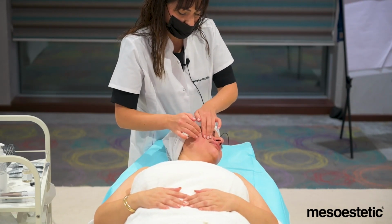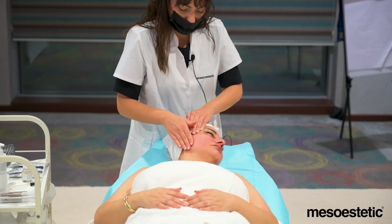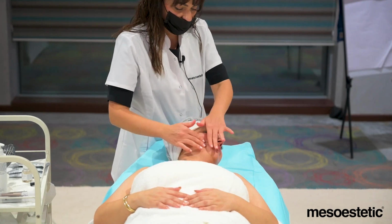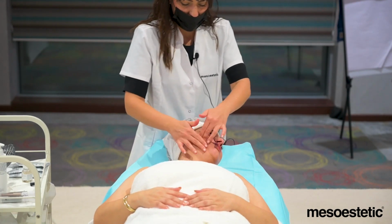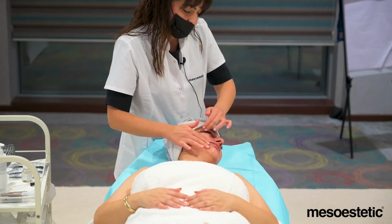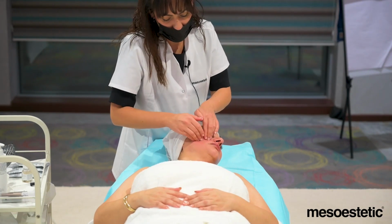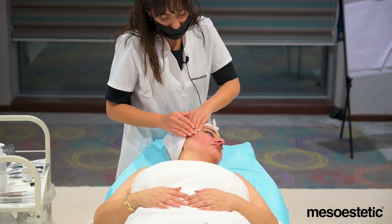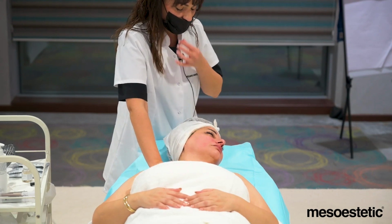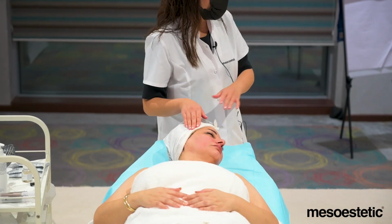So again, we can see how the skin is getting a lot of color now because it's being very stimulated. And here, 3 times. Now, without stop touching her,